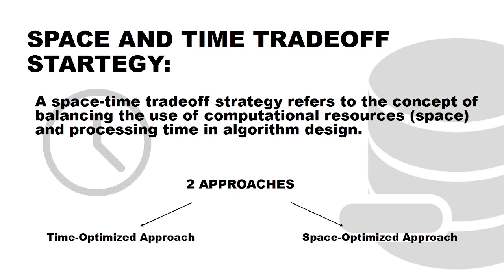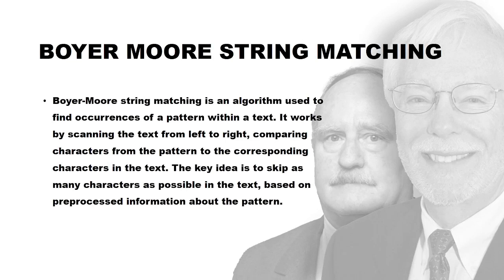Now, since we covered these topics, let's jump right into the Boyer-Moore. Boyer-Moore is a powerful string matching algorithm that revolutionizes text search by cleverly skipping characters based on pre-processed